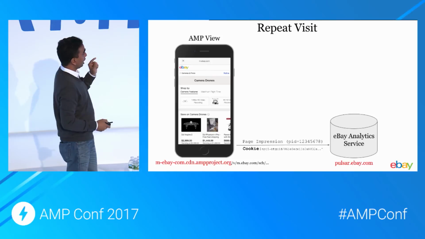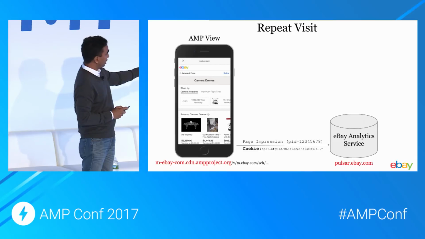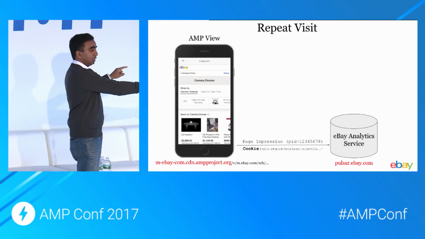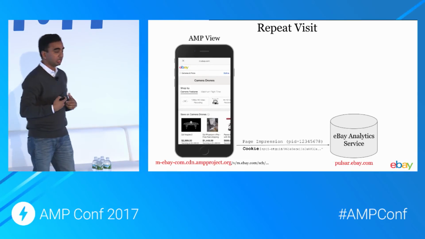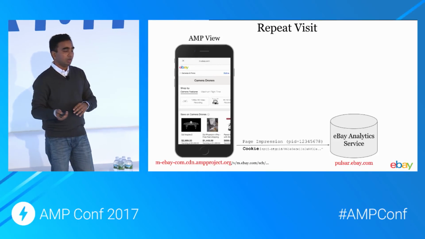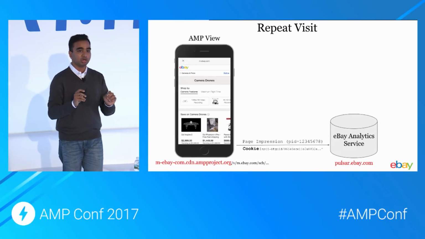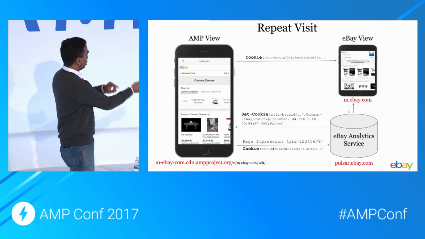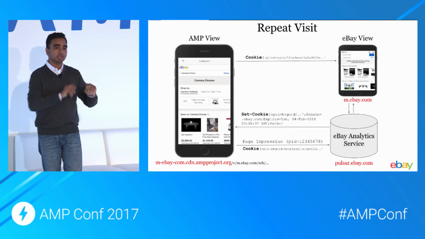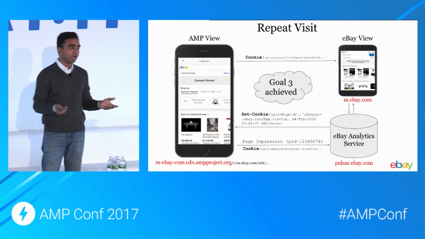And what happens in a repeat visit? Same thing happens pretty much, but one difference is in the first page impression call, the cookie that was previously set also gets traveled to the Pulsar endpoint, which is an eBay analytics service. And now the analytics service can be smart. It now knows it is the same user, but they have come on a different session or on a different query, so it can do all the mix and matches on how this session works and set the cookie accordingly, and all the remaining things work as such. So this is how our session stitching exercise worked. And with this, our goal 3 was achieved, which was that analytics should be intact.